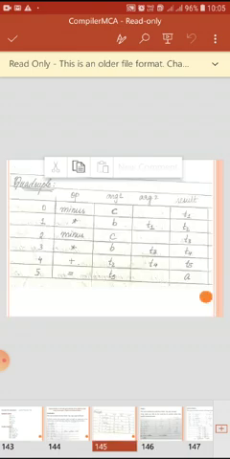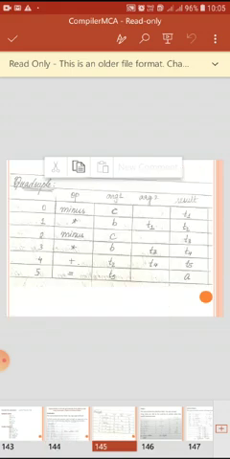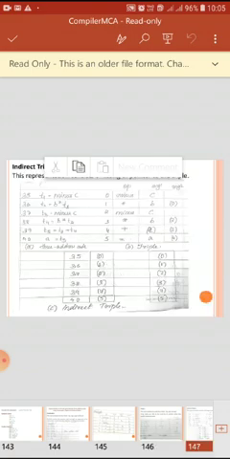So we have discussed the first and second representations. The first is the simplified representation with four fields: operator, argument 1, argument 2, and result, along with the position or line number. In the second, rather than having several fields, argument 2 is substituted by the position number. The third one is the indirect triple.